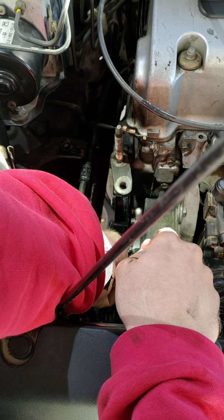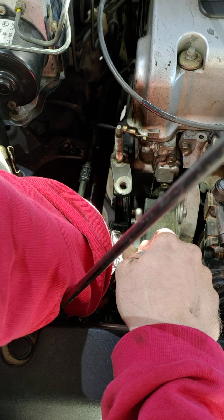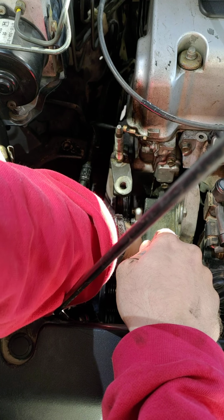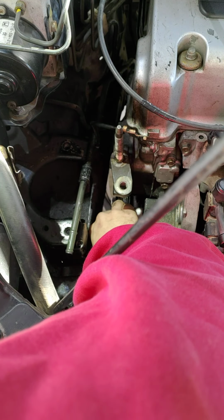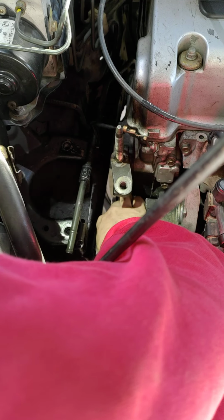But I've seen some people do this and they Loctited everything, so to each their own. I really don't like Loctiting stuff because it makes it harder to take out. I guess a drop wouldn't hurt, but